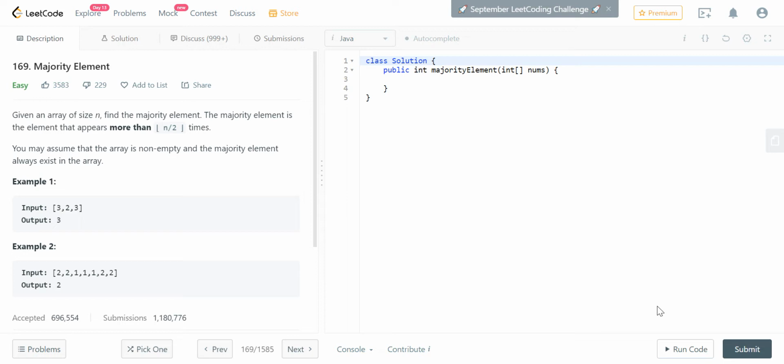We are going to solve this question. It's called majority element, and we just need to find out the number that appears more than n by 2 times. Note that if one specific number appears more than n by 2 times and it's guaranteed to exist, then no other number will appear more than the majority element. Okay, so